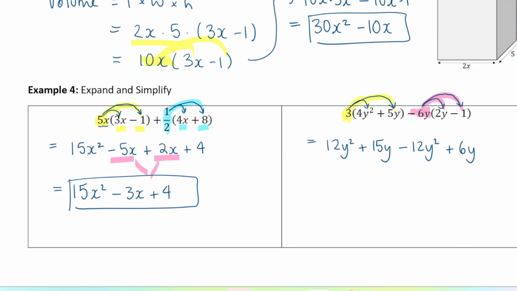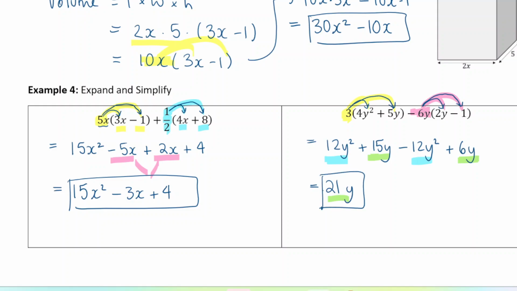Okay, lastly, we're going to collect any like terms. I do have two sets of them here. So we'll put those together. We have 12y squared minus 12y squared, which actually is 0. So we don't need to include it in our final answer. And then we have 15y plus 9y, which is 24y. And that's our final